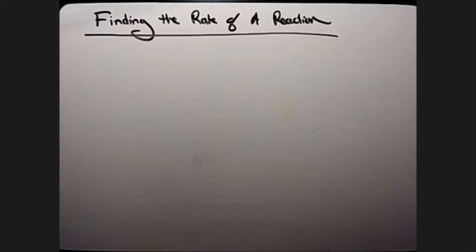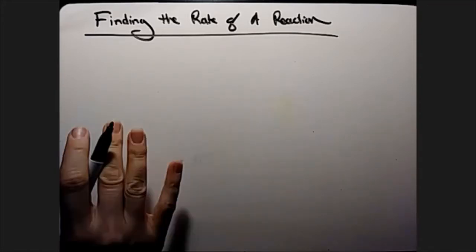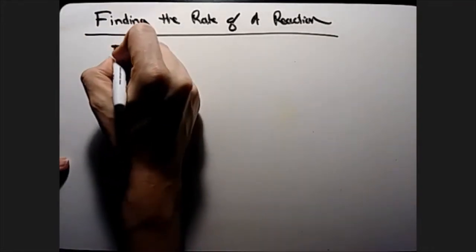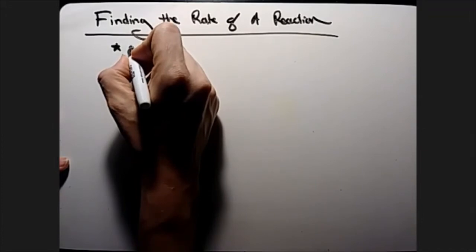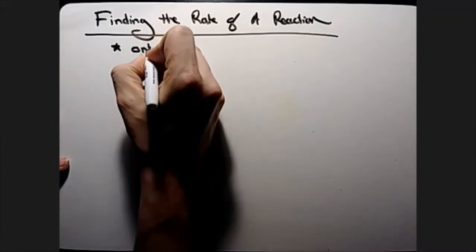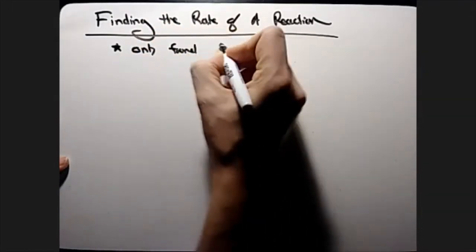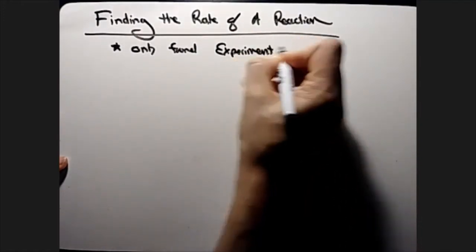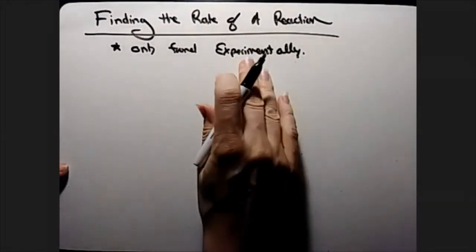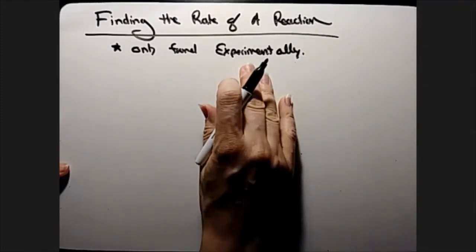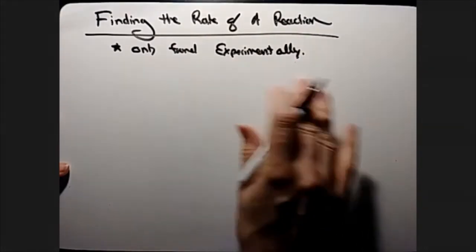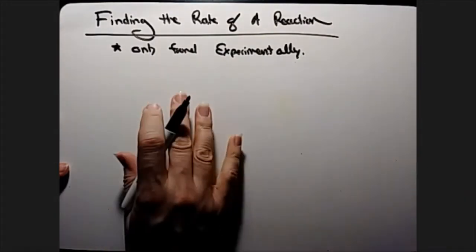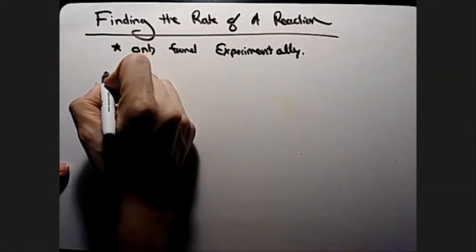So one of the most important things that we'll do in this chapter is attempt to find the rate of a chemical reaction. And I really want to take a pause right here and make a little note that these are typically only found experimentally. Now, we'll be getting into what that experiment looks like and how to manipulate that data in another lesson. But for today, I really want to talk about something called a